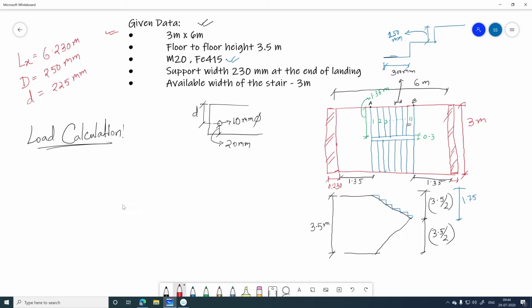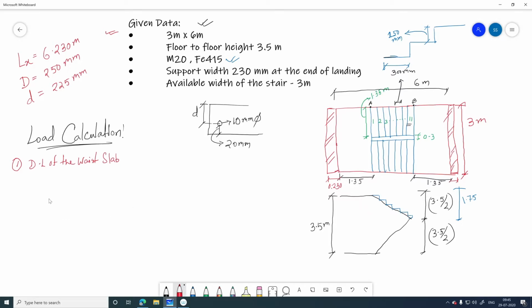So now we will calculate the load for the waste slab as well as the steps as well as the landing. So let's start. So first one, the first part that we need to calculate, that is the dead load of the waste slab. So dead load of the waste slab, that means which portion,